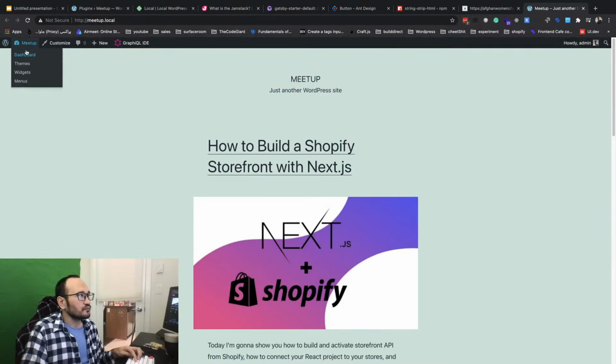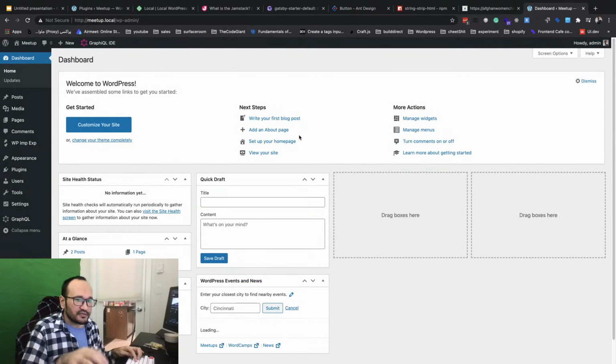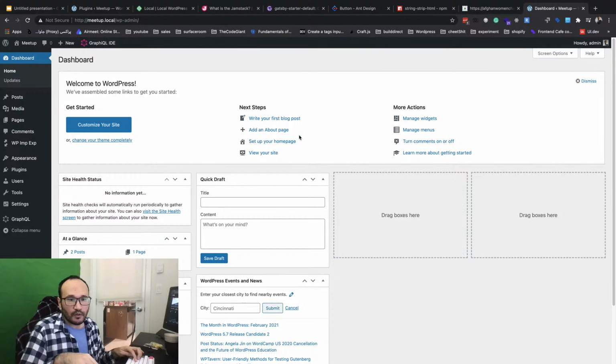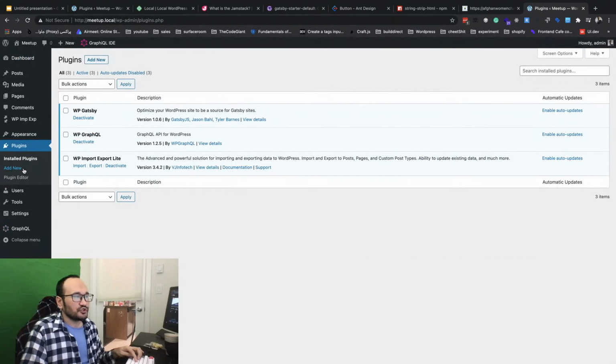In order to activate GraphQL in WordPress, you need to install two specific plugins, and I'm going to show you the names of those plugins. The first one is WP Gatsby, and the second one is WP GraphQL.